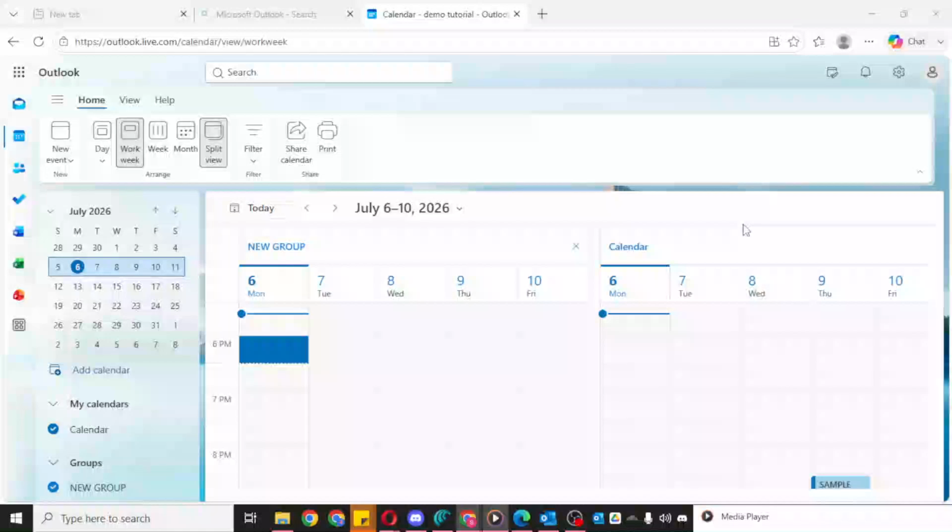In today's video, I'm going to teach you how to export Outlook contacts. We'll go through the process slowly and clearly so you can save all of your contacts, or just the specific ones you want, directly from Outlook. Exporting contacts can be useful if you want to create a backup, move your contacts to another email platform, or simply keep a copy saved on your computer for safekeeping.